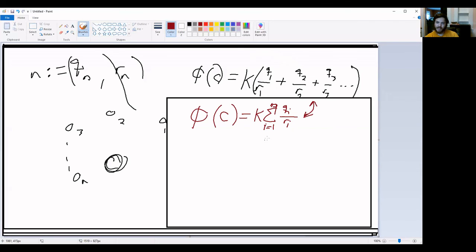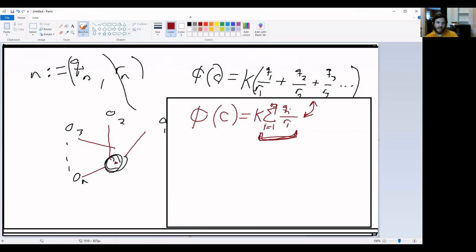We really like these nice sums in physics because they are easy to deal with. All it's saying is literally just a bunch of plus signs. That's what this is, but it's a succinct way to remember what you're looking for. So you're just looking for the sum of this potential, this potential, this potential, this potential. Okay. Now let's think about